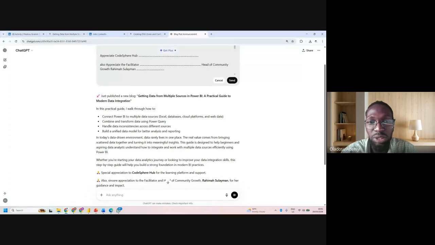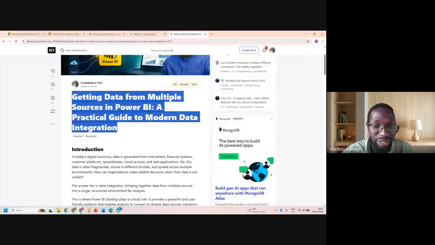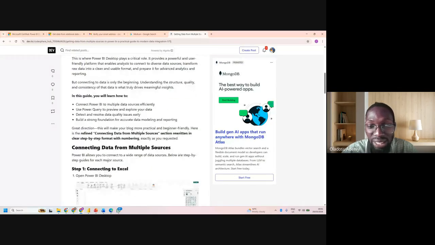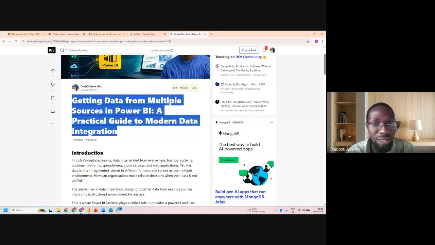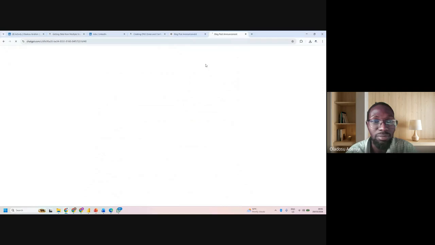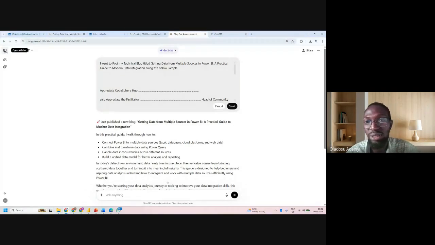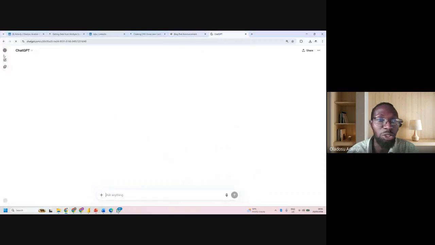Then it has to be, go and actually go to your blog, go and bring out everything. So that's ChatGPT for you. Anything you send ChatGPT to write, ChatGPT will write down. Guys, anything you send ChatGPT to write, ChatGPT will write down. So let me duplicate this. Is it that you use Medium or you use dev.to, any of the two that you actually want to use, they are good as well. So any tool you want to use.